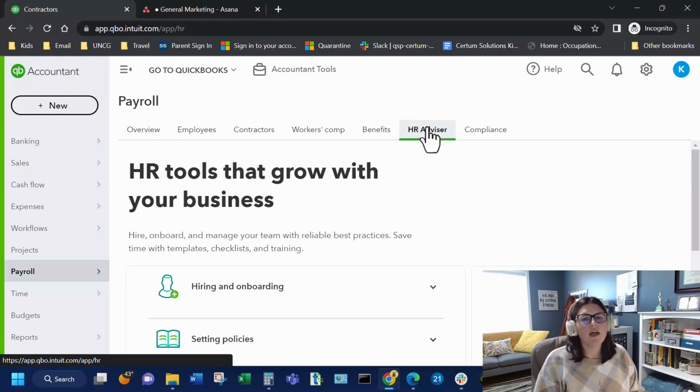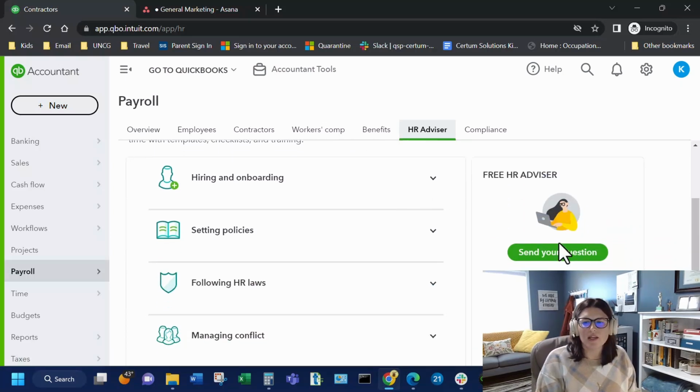Under HR, this is, I believe, even newer than the benefits option. You have HR tools that grow with your business, and you have a free HR advisor. So you can send a question there and you have an expert here. Now, just to be completely clear, we have QuickBooks Online Advanced. So check your payroll solution that you have opted for with QuickBooks. Some of these options may be in yours, some of them may not be in yours. But for our QuickBooks Online Advanced, you can actually take advantage of your HR advisor depending on what payroll solution